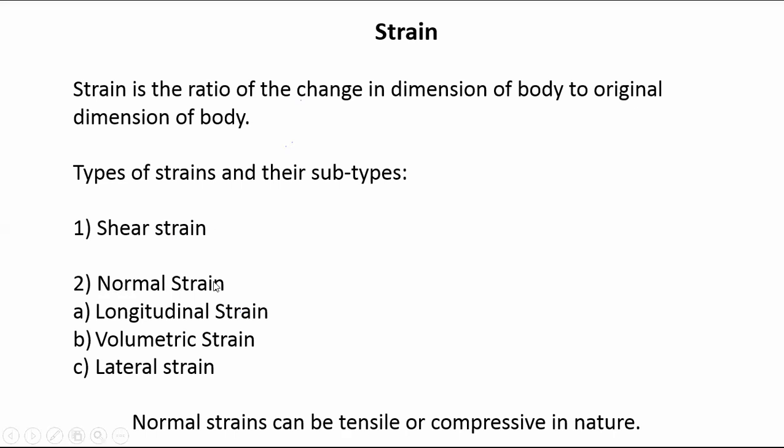Then normal strain again has subtypes like longitudinal strain, volumetric strain, and lateral strain. Normal stresses can be tensile or compressive. We will see that if the forces are outward, away from the center of the axis or the CG of the body,